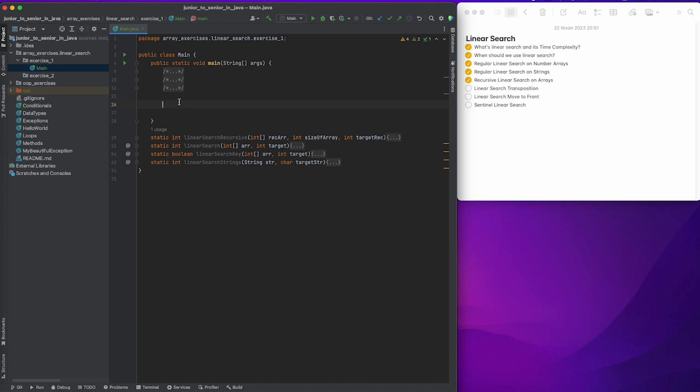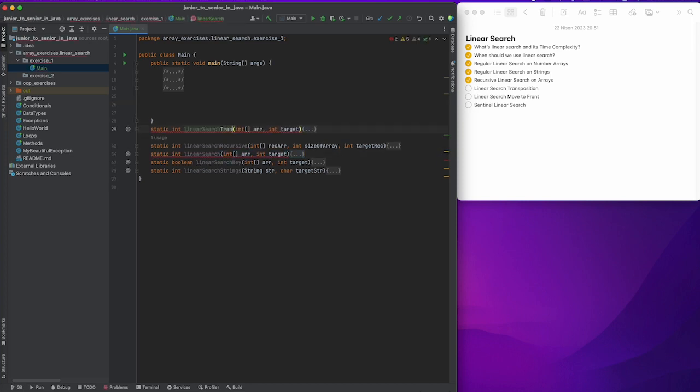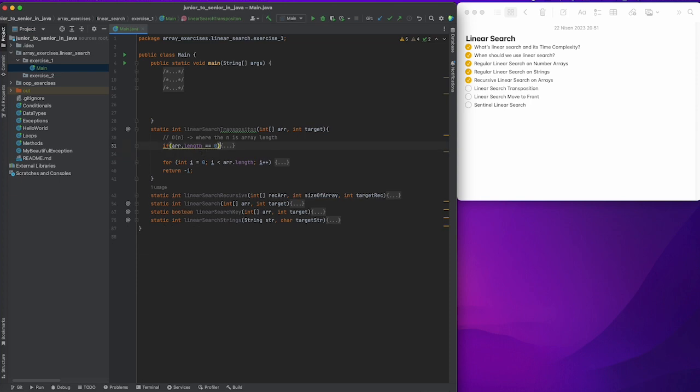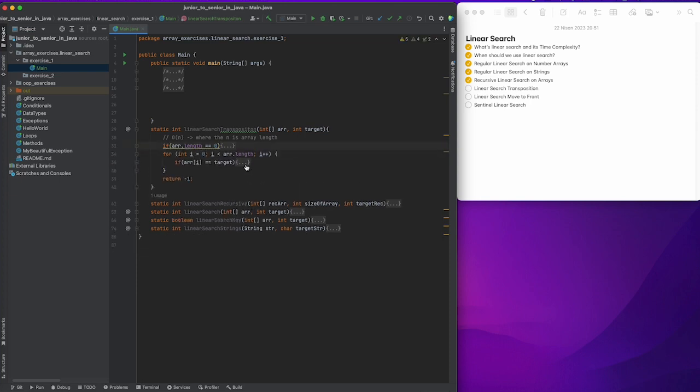So in transposition, how it works, we are gonna use the simple linear search function in here. But let me just change the name to transposition. Yeah, we are gonna check the same thing. If array length equals to 0, it returns -1. It's the simple one, every time the same, okay? But the thing happens in here. When we find the